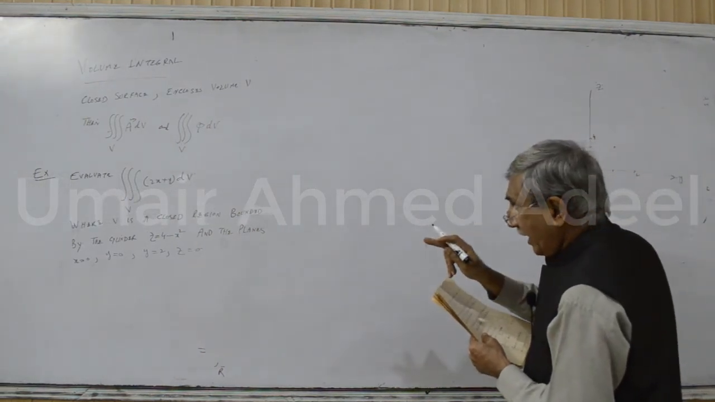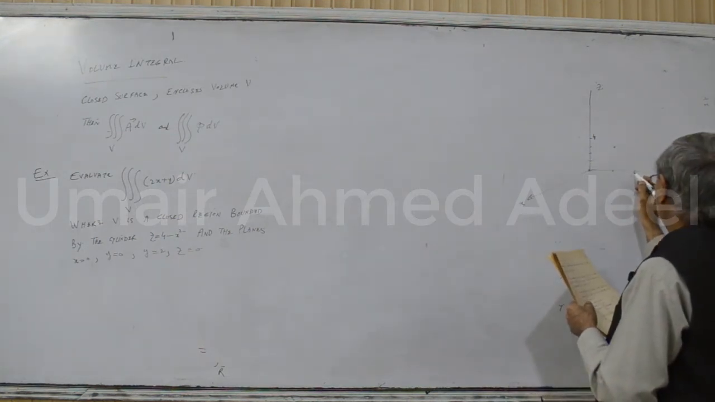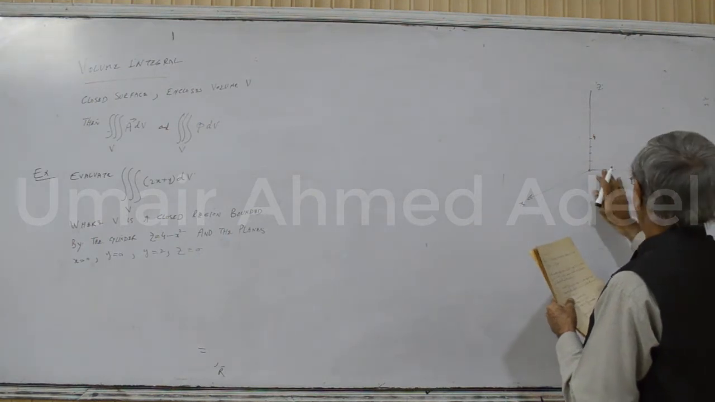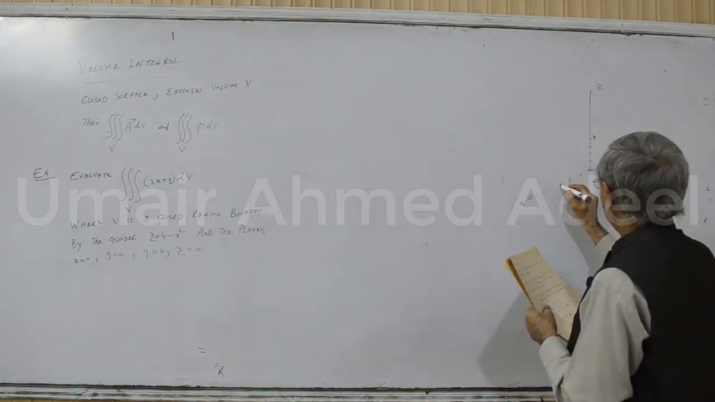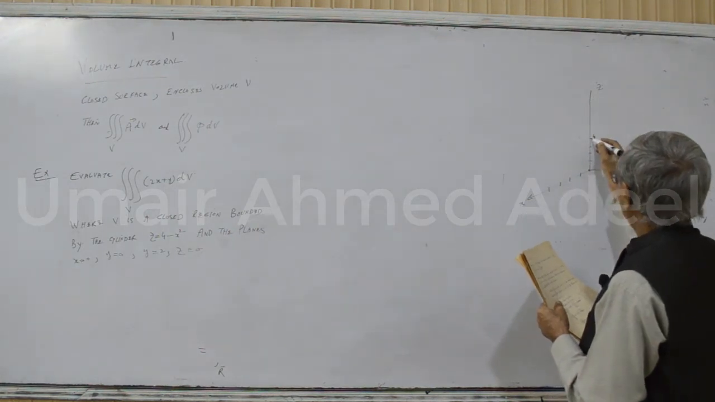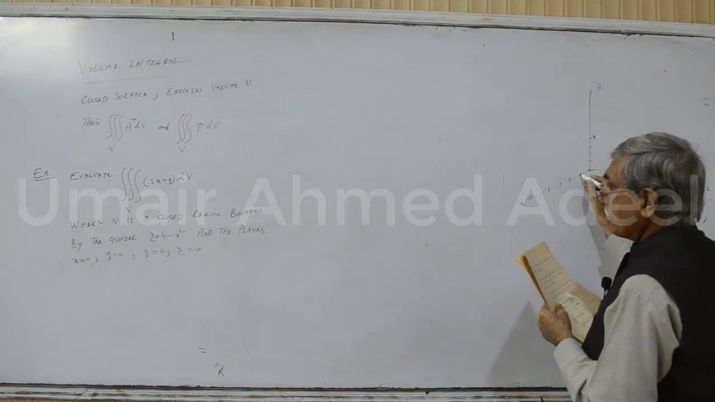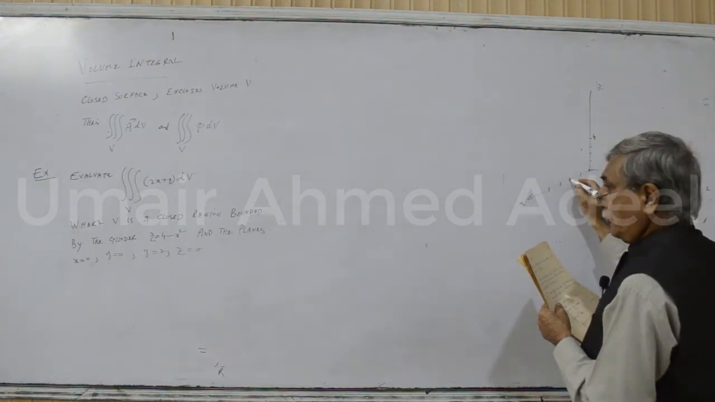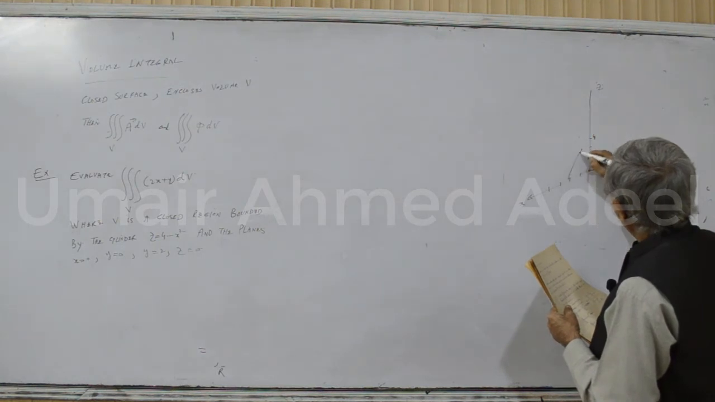When x is equal to 2, z will be equal to, sorry, I am going in this direction, actually I should be that. Okay? x is equal to 0, z is equal to 4; x is equal to 1, z is equal to 3; x is equal to 2, z is equal to 0. So that is